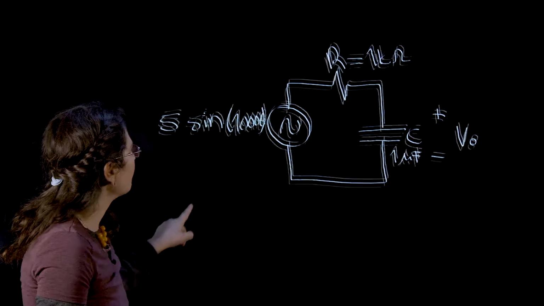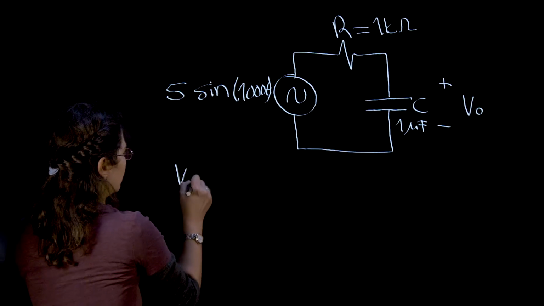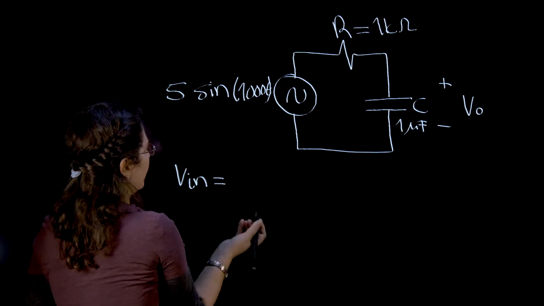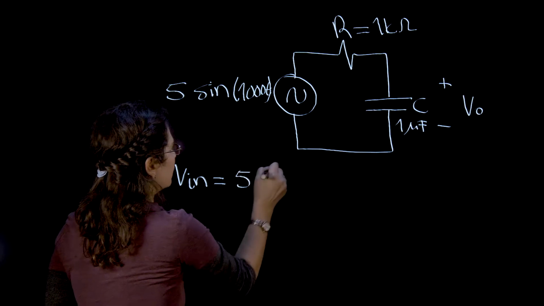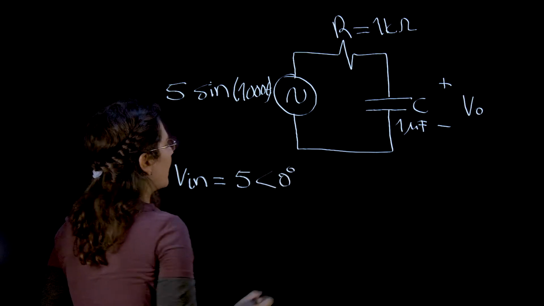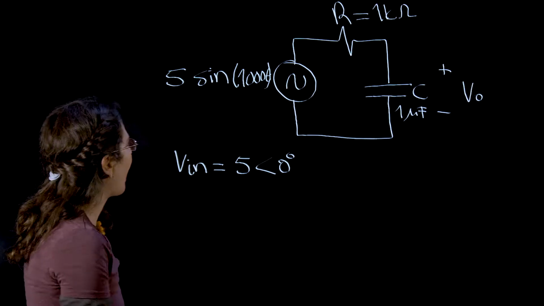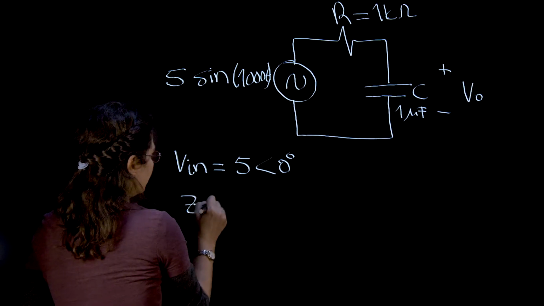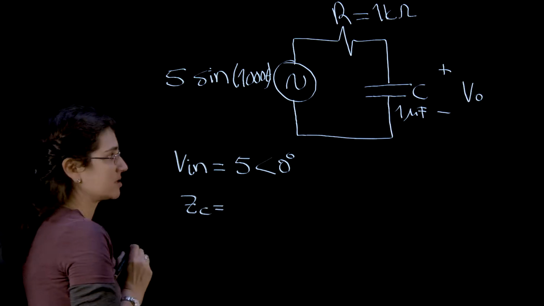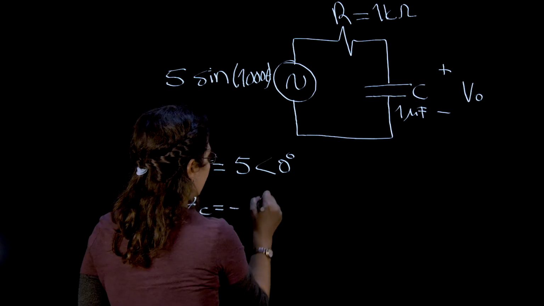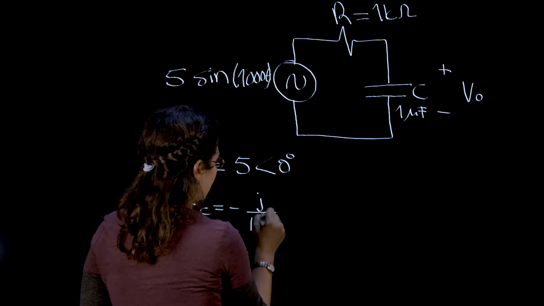So first, our input voltage in phasor representation is 5 with an angle of 0 degrees, because I don't have any phase here. And the impedance of my capacitor is minus j over omega C,